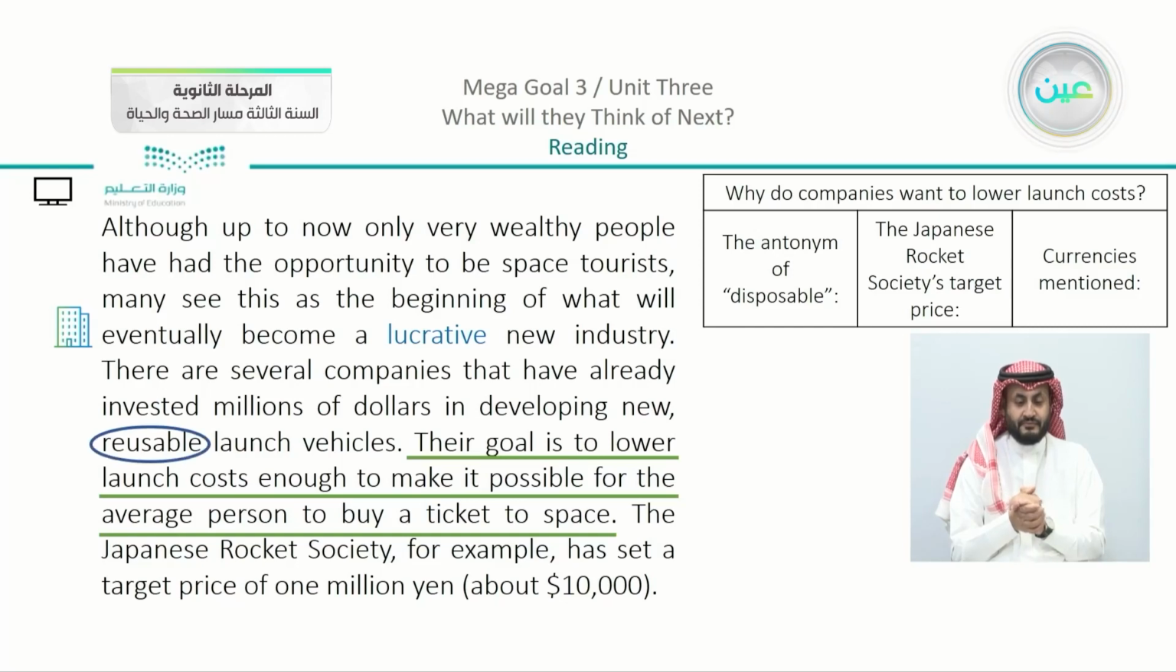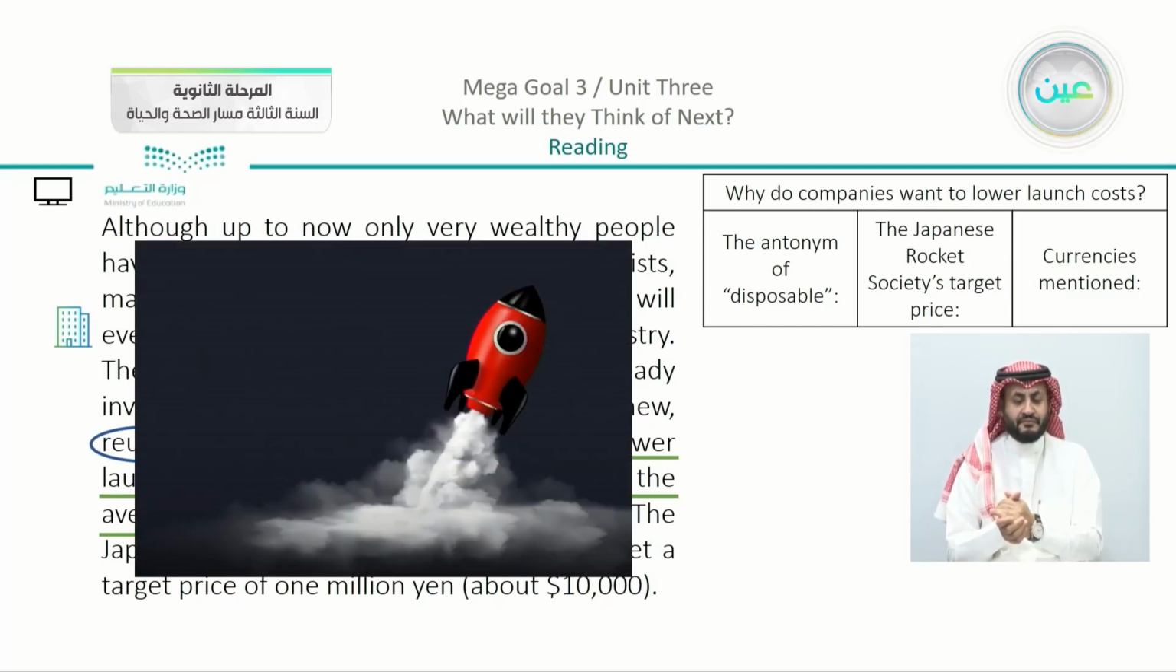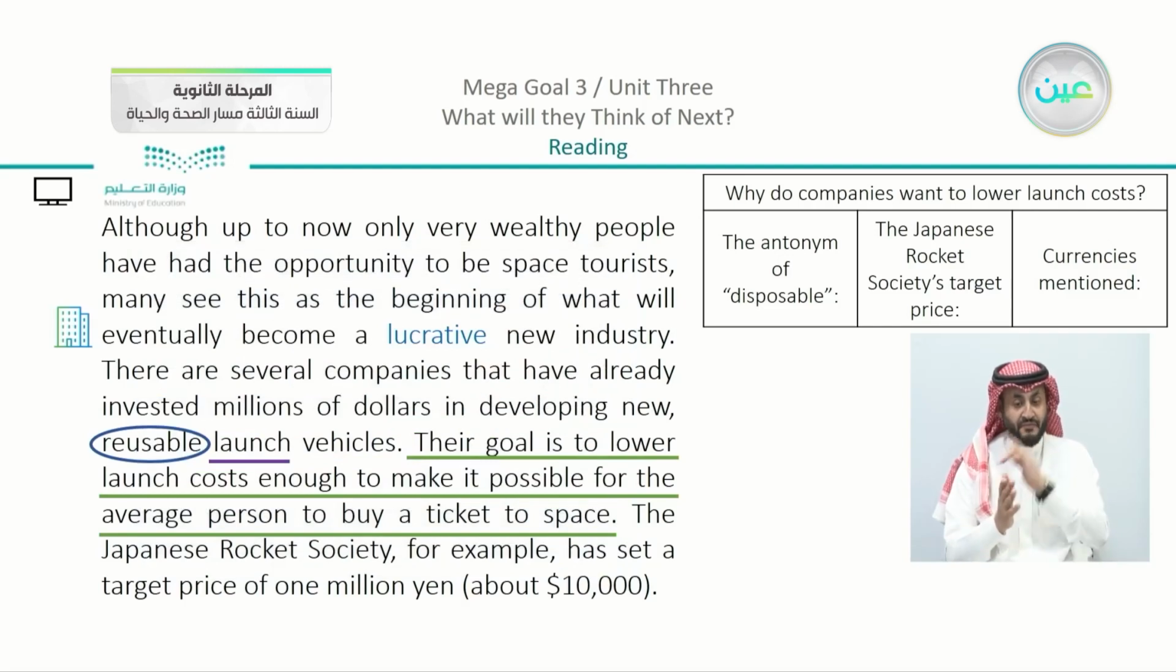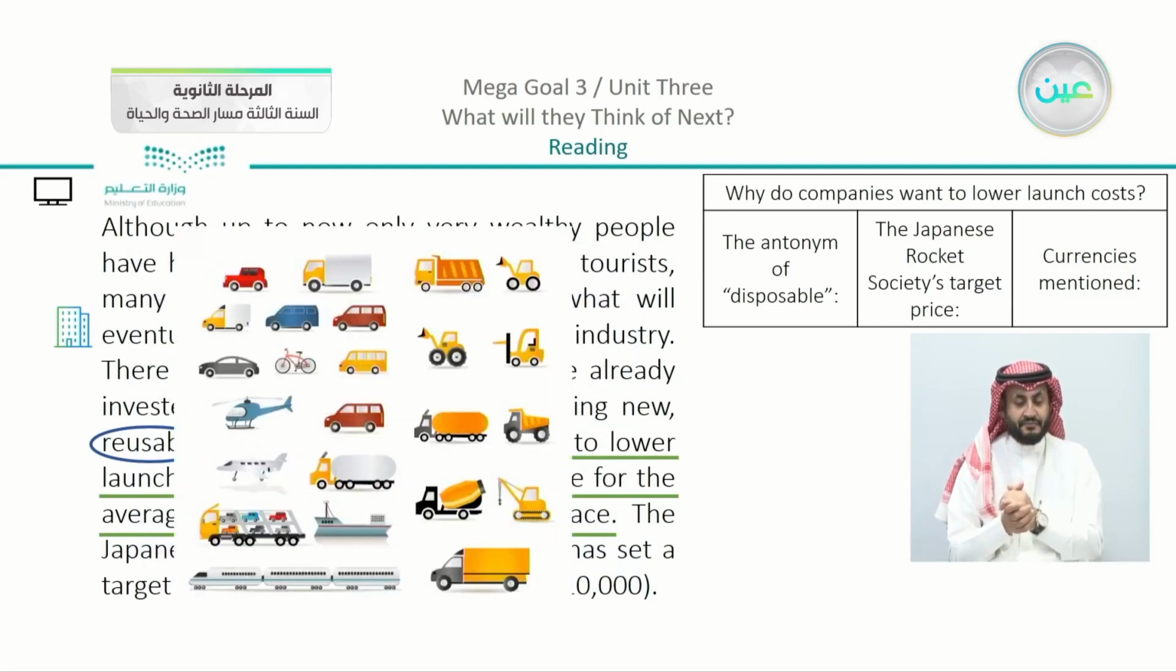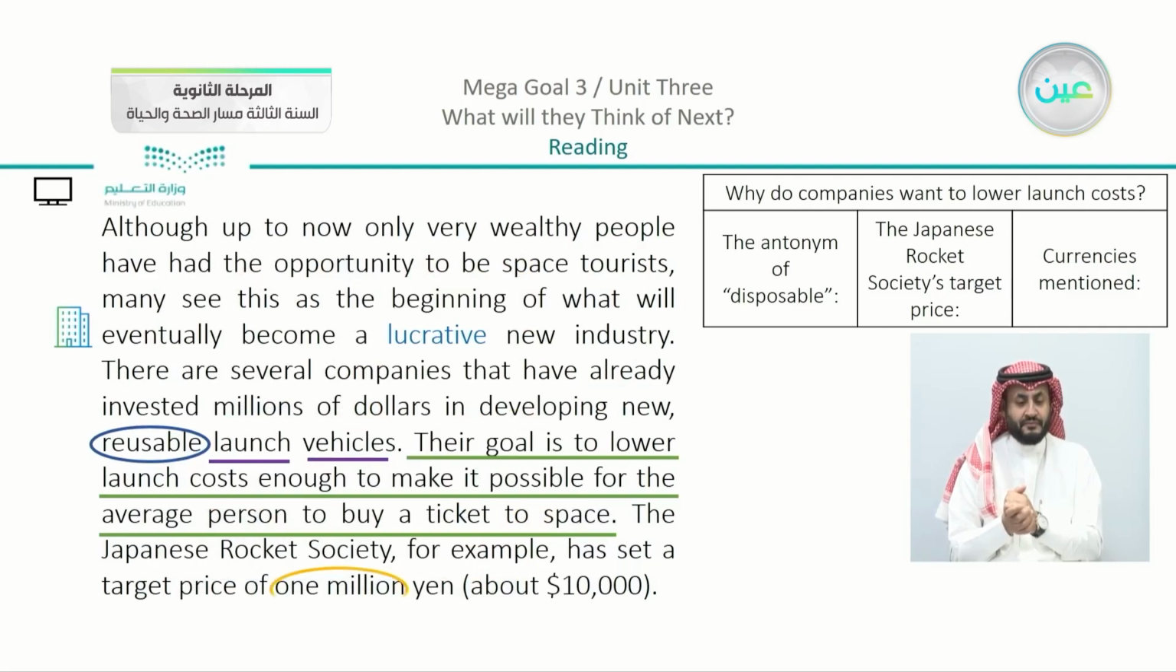The antonym of disposable is reusable, if you have just picked it out or highlighted. Also, if I'm looking for the price of the Japanese rocket, you can just look for the Japanese rocket, and you can find here that we have launch. This is one of the words that we have in our lesson. And we have here vehicles. Yes. Now, we can see that it is 1 million yen as the price for the